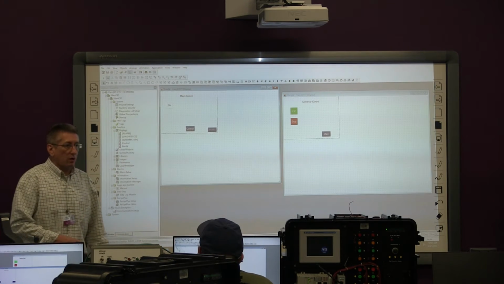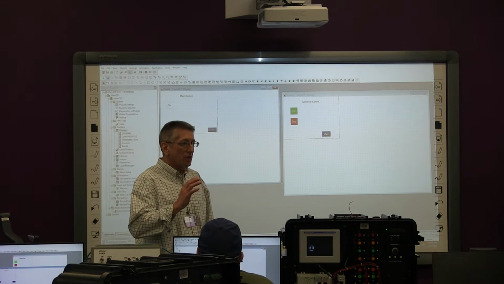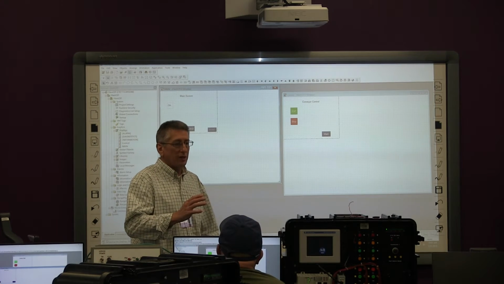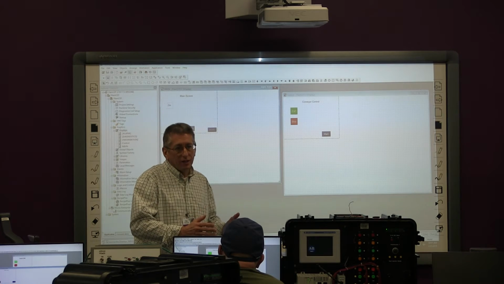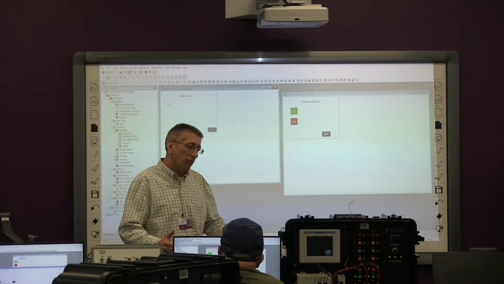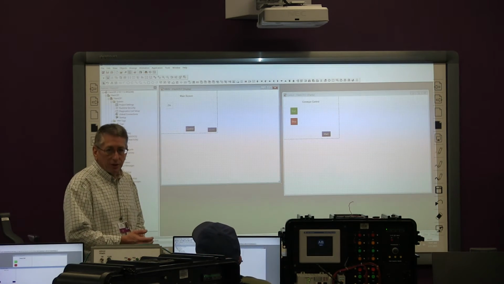Now, we're gonna test our application. And here's the good thing about it, we can test this thing before we download it. If something's wrong with it, when you test it, it'll tell you. But if you just download it, it's not gonna tell you, and then you got a problem, and you gotta go back, and it's a big pain. So to test the application,